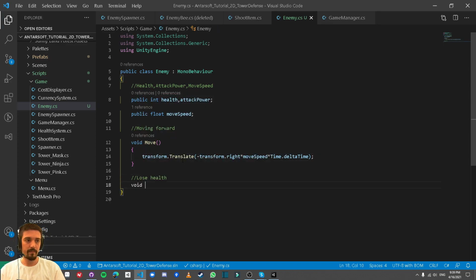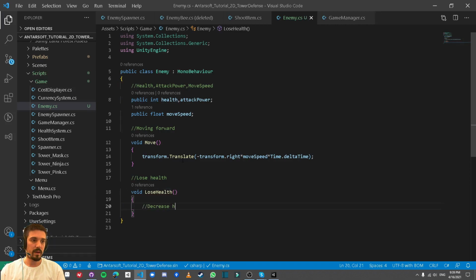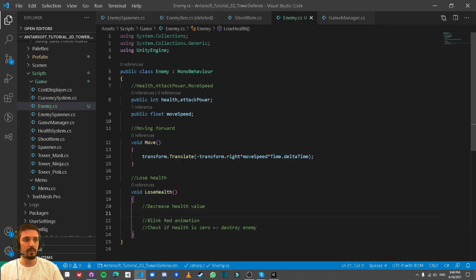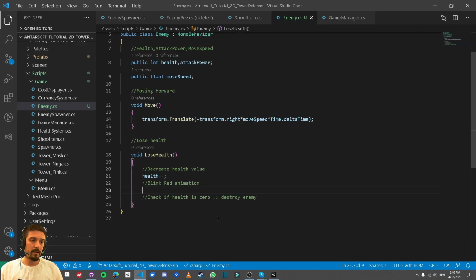For losing health, lose health. First of all, we're gonna have to decrease the health value. Second of all, we have to do some sort of animation, and the simplest is a blink red animation, like blink red, that's it. And the last thing is check if health is 0, destroy enemy. Simple. So first of all, let's decrease the health by writing health minus minus, and then we have to